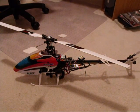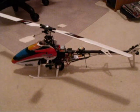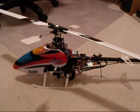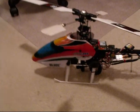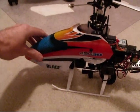A couple of people have asked about my FPV setup on my Blade 450. Thought I'd make a quick video and talk a little bit about it. It's basically just a stock E-Flite Blade 450. I added some cheapo carbon fiber blades, and I changed out the canopy from the stock one